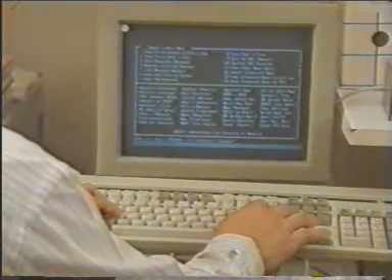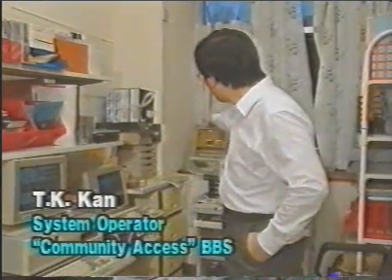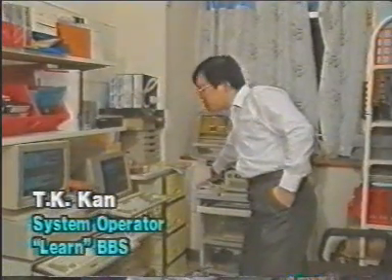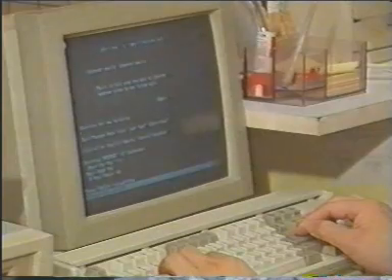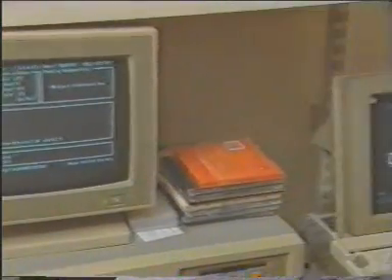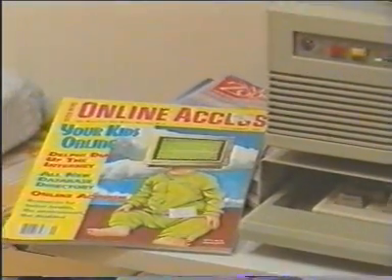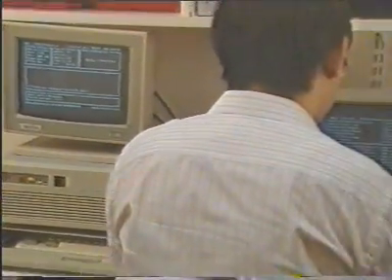What I have is that I'm running 3 different bulletin boards. We have one here, and we have another 2 bulletin boards here. What you see over here is a row of modems, which basically people can access through dial-up. T.K. Kan was taught by a student how to set up a bulletin board. Now he is running 3 bulletin boards served by 5 computers, and they're connected to 6 telephone lines. This allows 6 users to dial in and chat via modems all at the same time, all using his bedroom